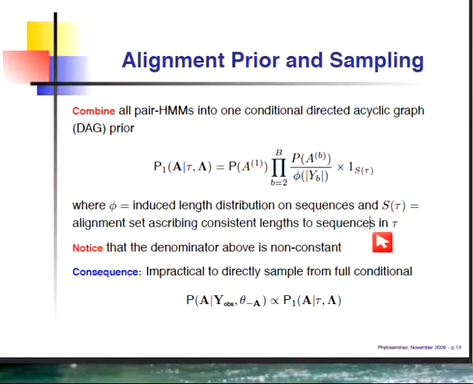Now, there's a very big lie of omission that I went through in describing this sort of prior that we're putting over each of the branches, and that is they really aren't independent of each other. And the sampling that I've been proposing assumes that they're independent. They are conditional on the fact that the two alignments on either side of a branch, so here are my two branches, have to admit the same number of sequences at the internal node. So there's coupling between the lengths of the sequences that they emit on the internal nodes.